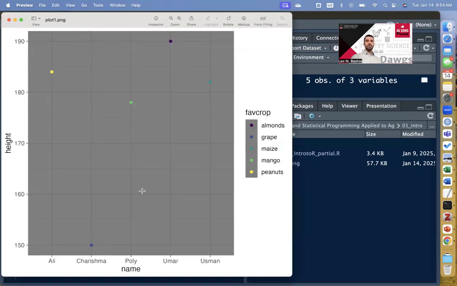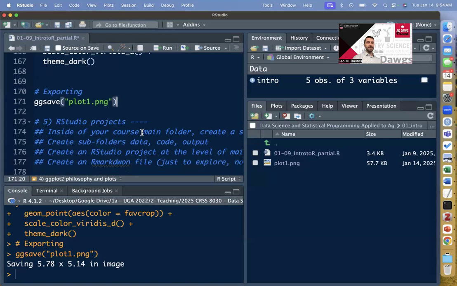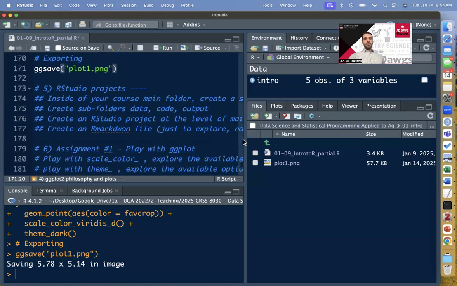So again, this is not the most or the sharpest plot. I would make a lot of changes to it if I were to publish something like this, but it's just a good point for us to be thinking about. Okay, so